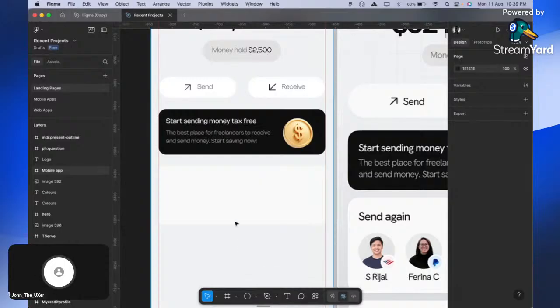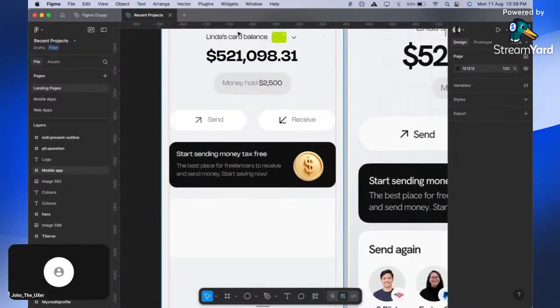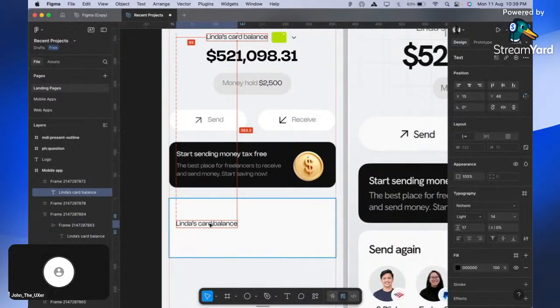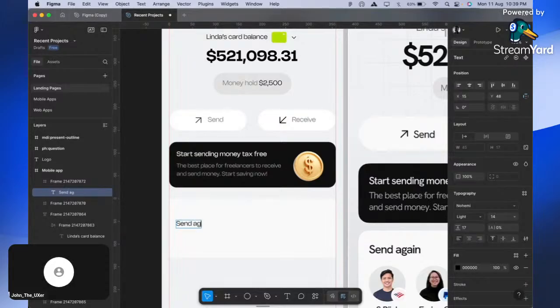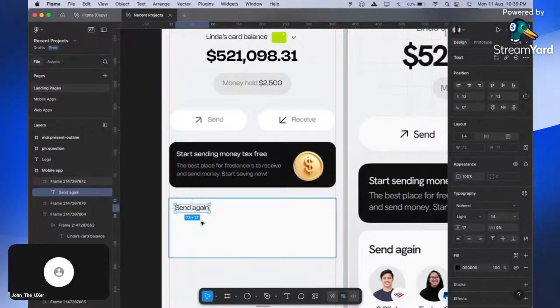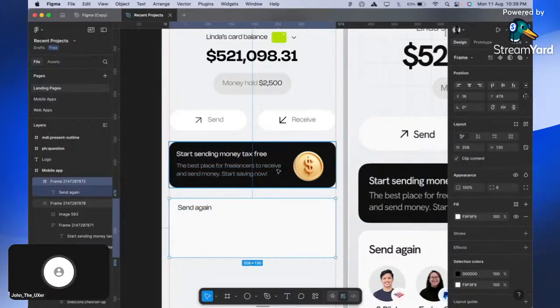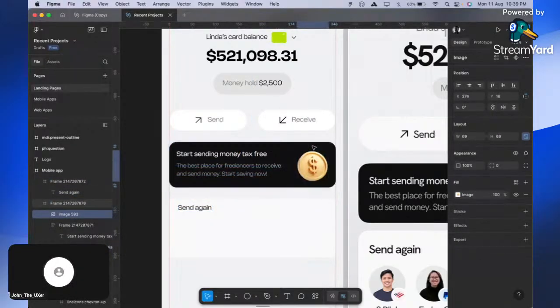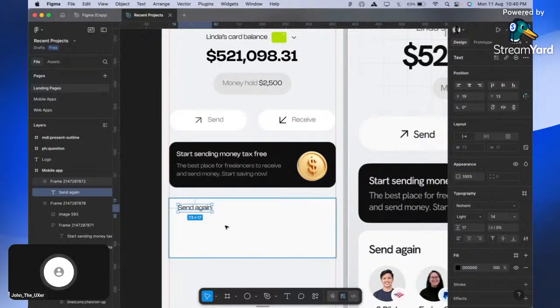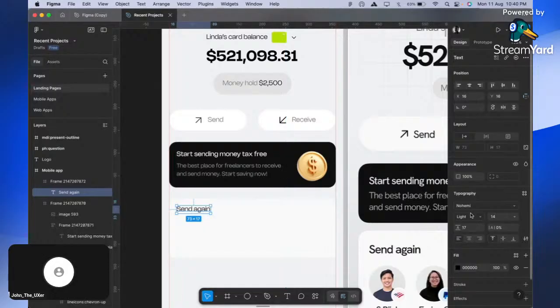Now, let's come here. We have send again. Come here, drag this. Send again. Put it here. Let's use 16. So this will be 16. Yes, so 16. This is bold. Let's make it bold. So let's use a medium. Then you have